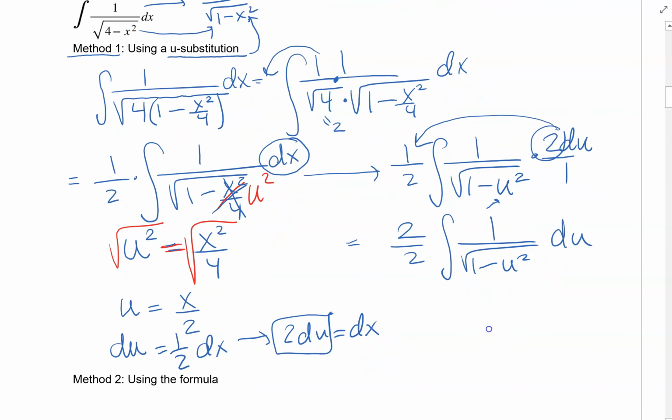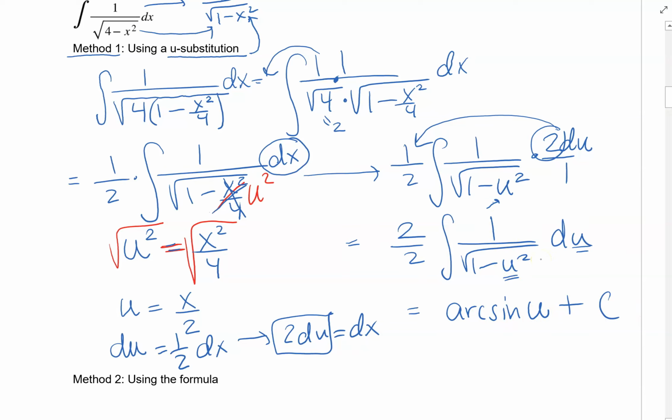So then here I have what I wanted. I have basically the derivative of arc sine right here. Of course, now it's in terms of u instead of x, but that's okay. So this is arc sine u plus a constant, because that's the derivative of arc sine of u, if my